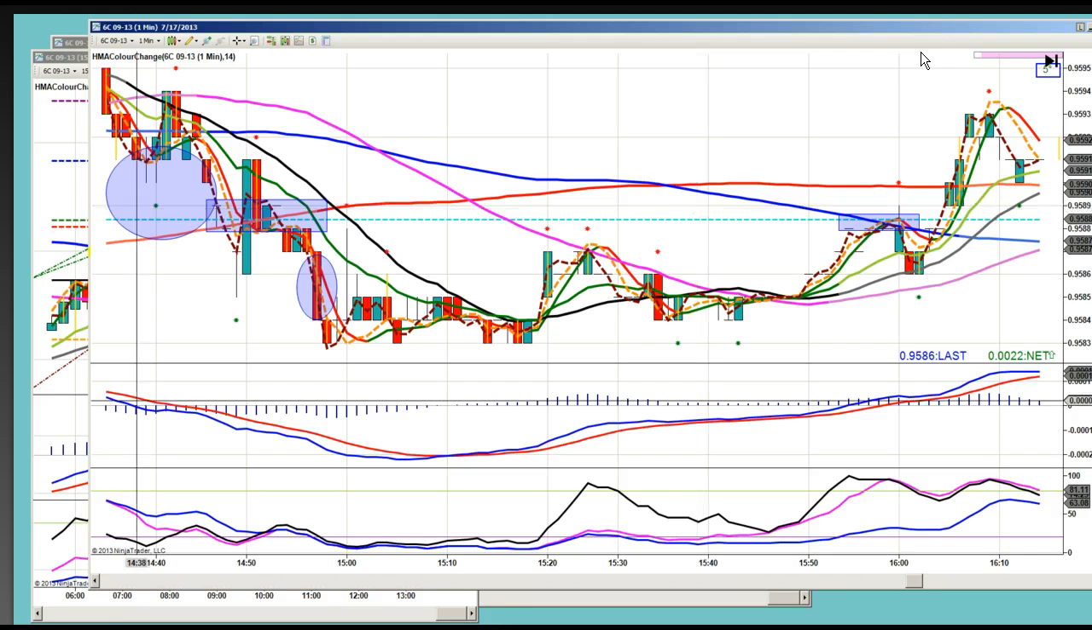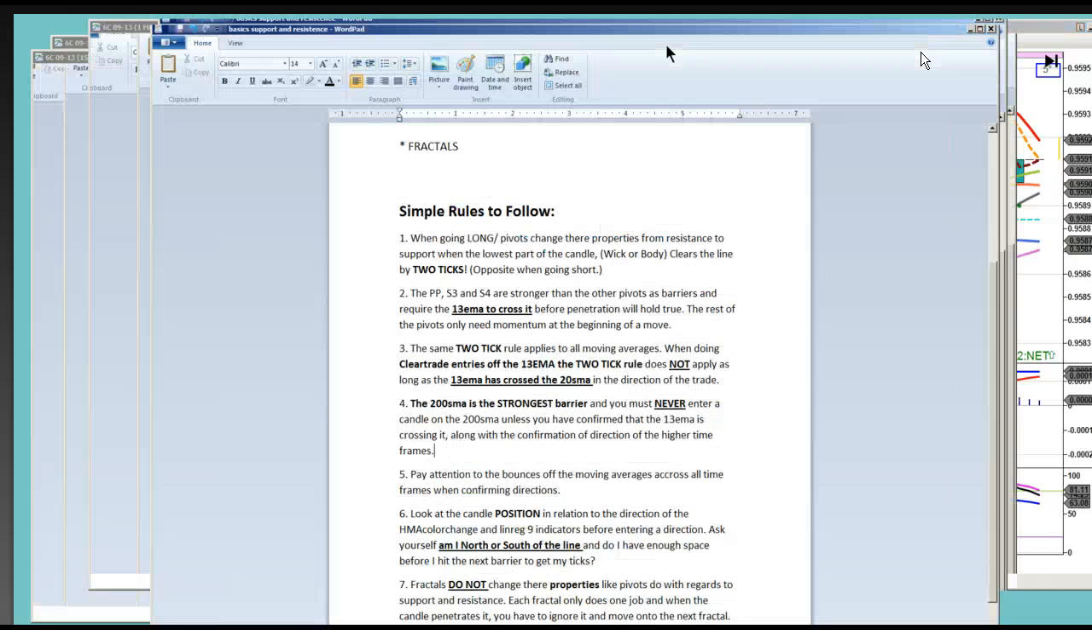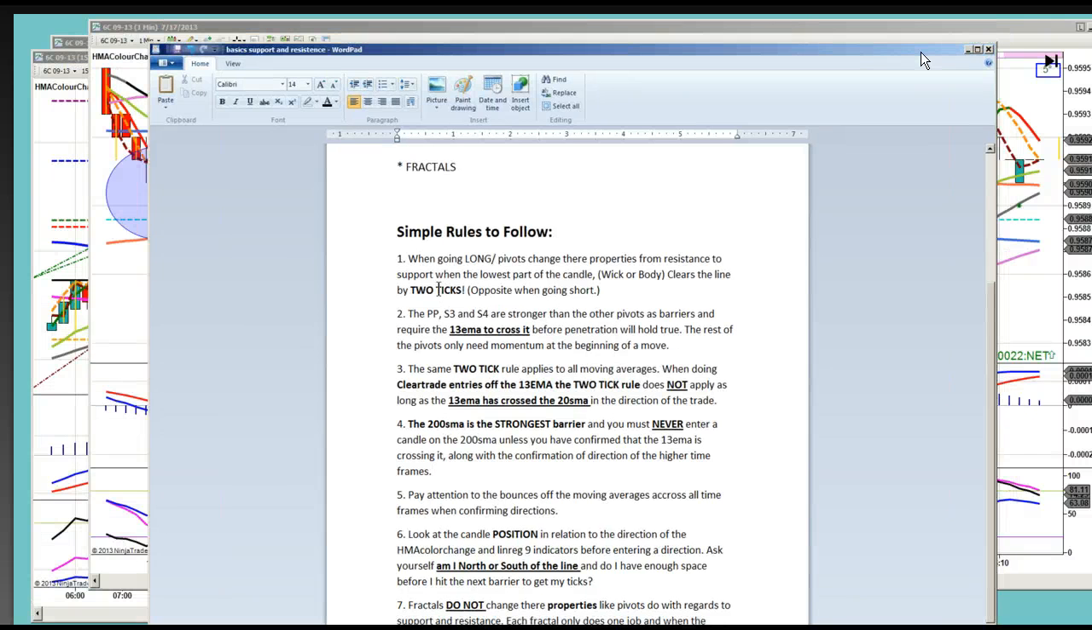So that's the most basic rule when it comes to support and resistance. It's always 2 ticks from the low to the high that is considered penetration, and the property changes from support to resistance and vice versa. Now, the next point, which will answer your question: the PP, the S3, and the S4 are stronger than other pivots as barriers and require the 13 EMA to cross it before penetration will hold true. The rest of the pivots only need momentum at the beginning of a move. So if we look at our pivots,